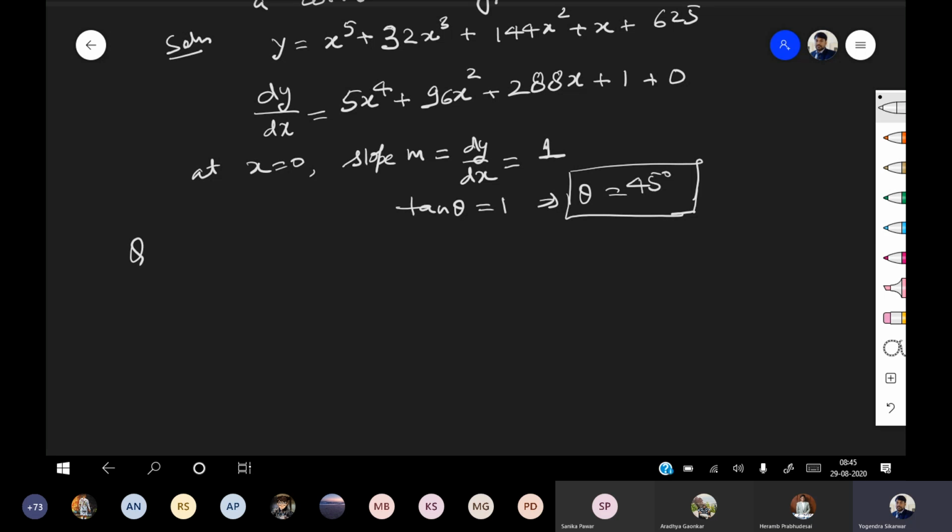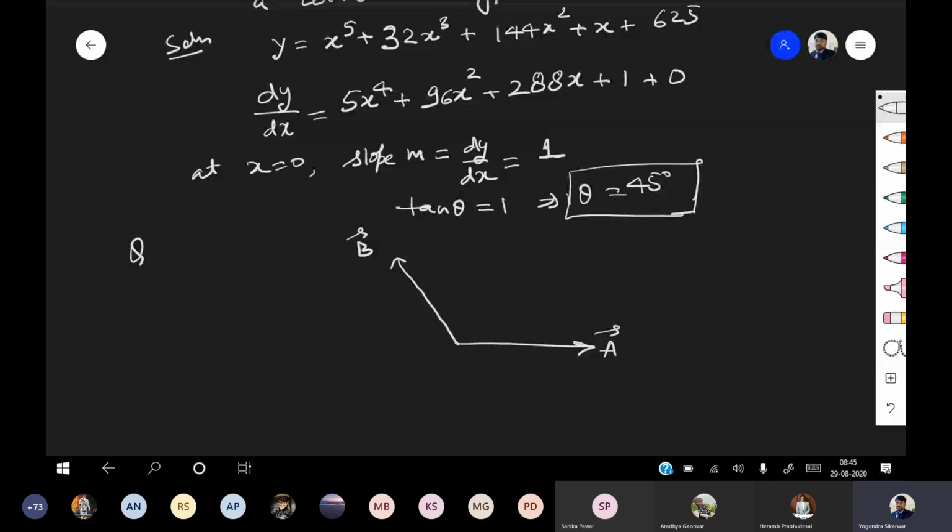Okay. Next question. The resultant of two vectors at an angle of 150 degrees is 10 unit. So there are two vectors and the angle between them is 150 degrees, and the resultant is 10 units. And that resultant is also perpendicular to one vector. Okay, pay attention everyone. Suppose this is A vector and this is B vector.